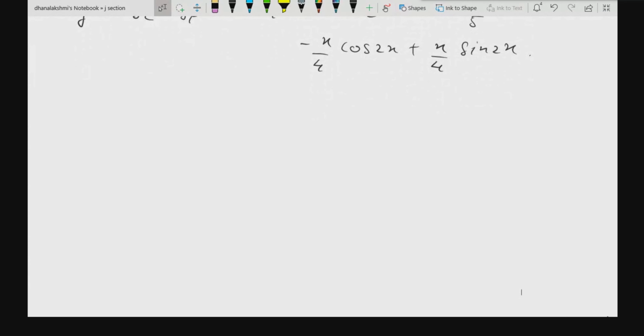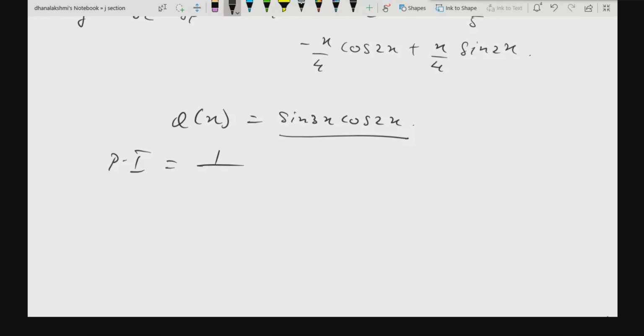Now here I will not solve this one, but your Q of x can be sin 3x into cos 2x. Remember, if there is a plus or minus sign between sin 3x and cos 2x, then the particular integral will have two parts, one for sin 3x and another for cos 2x. But now the Q of x is in multiplication, sin 3x into cos 2x. And the particular integral, in the usual manner, you will find, which is 1 by f of D applied on some function. Now how will you solve this question? Tell me how you will find the particular integral for this one. What will you do?